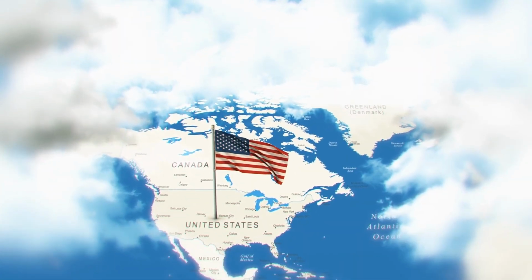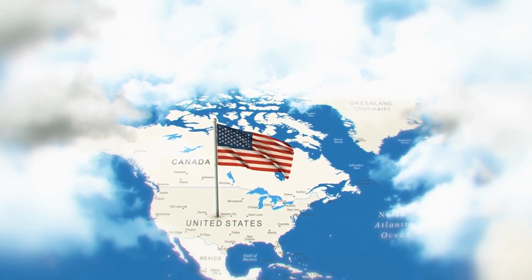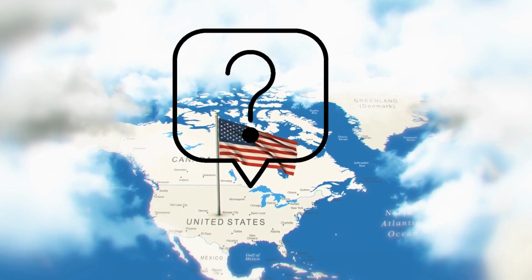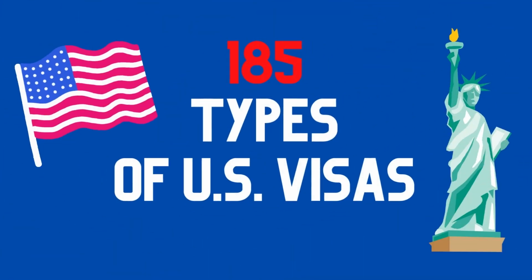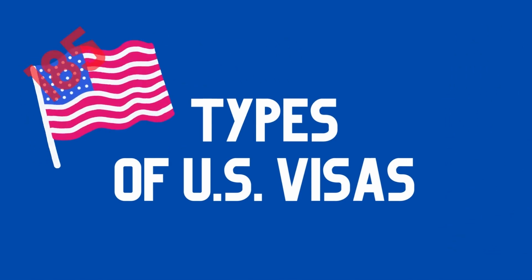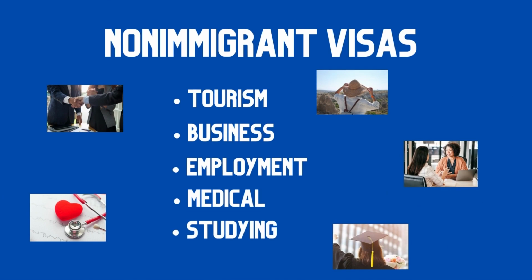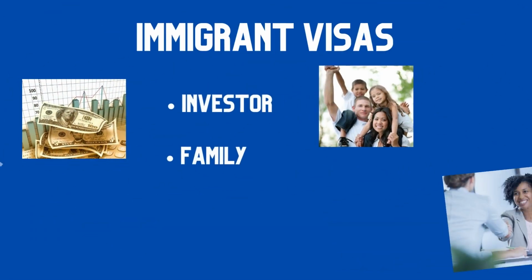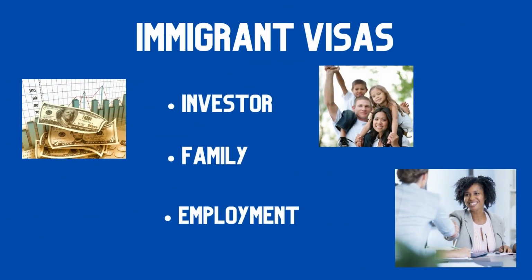If you want to temporarily visit or permanently live in the U.S., you might be wondering what visa is best for you. There are about 185 types of visas in the U.S., categorized into two types. First category is non-immigrant visas, used for temporary visits to the United States, such as for tourism, business, employment, medical visits, and studying. And immigrant visas, used to move permanently to the United States, under immigrant investor programs, family reunion,